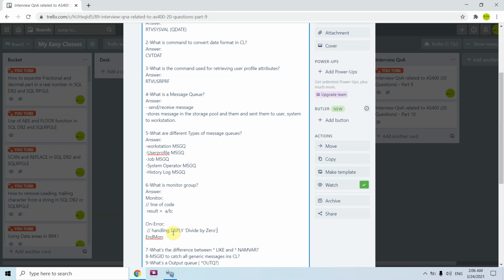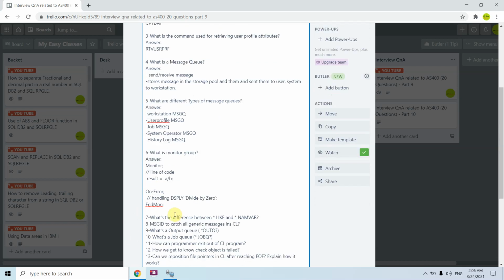The result would not be computed in that case, because we cannot divide a number by 0. So we can give the message divide by 0 case here. Basically we are monitoring the lines of code which we are executing. We write them inside the monitor block, so that if any error occurs in those executable lines, then we will be handling them in the on-error block.